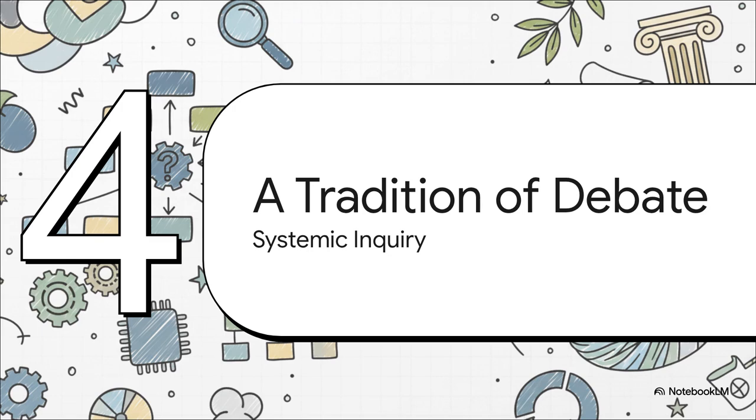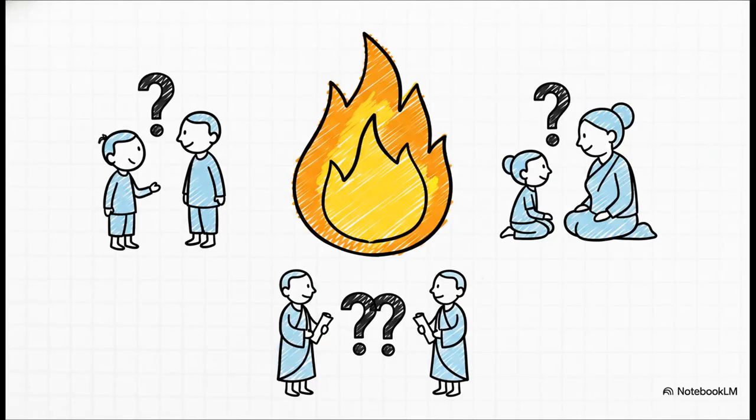Moving on to Section 4, a tradition of debate. It's really important to note that these stories of Arjuna and Janaka weren't just isolated one-off incidents. Across Sanatan Dharma, there is a vast, deeply rooted culture of inquiry. You've got young Prahlada, who kept on questioning even when his own father threatened him. You have Dhruva questioning his mother, asking why he couldn't sit in his father's lap and why he wasn't born to the queen. And then you have the legendary debates, like the one involving Adi Shankaracharya and Ubaya Bharati.